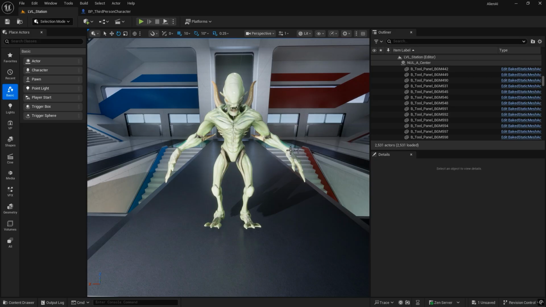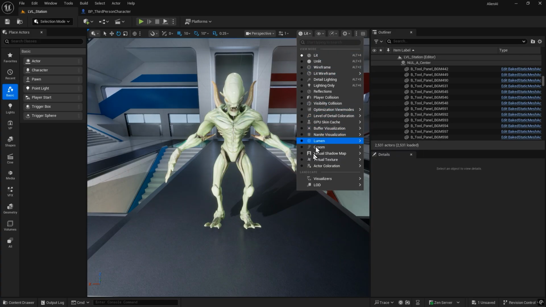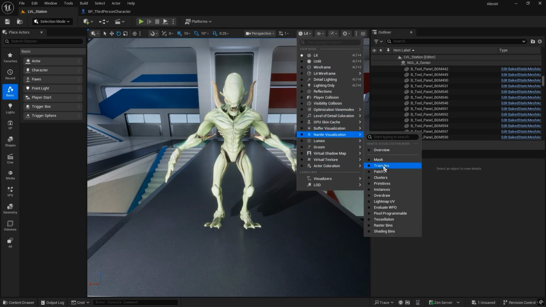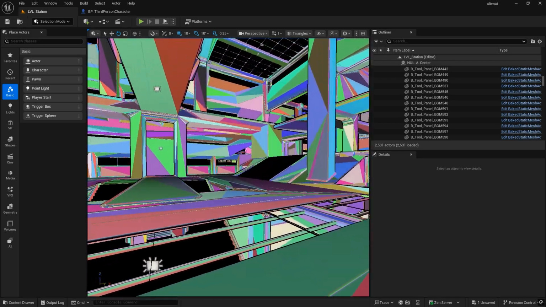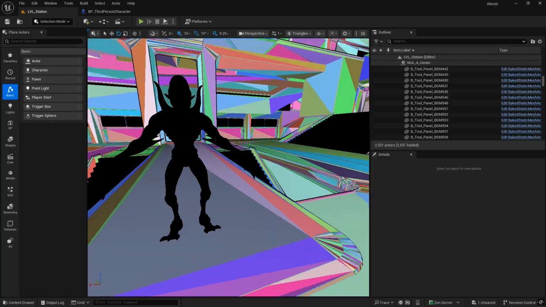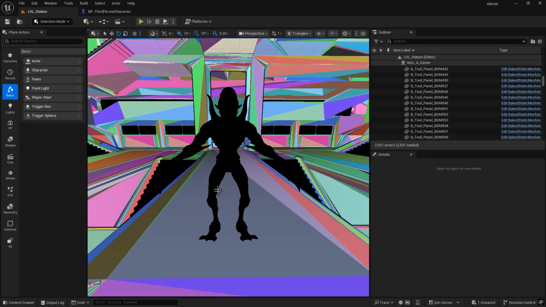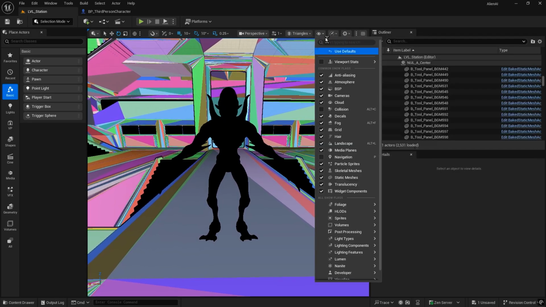But before we activate Nanite, we'll just show the visualization of Nanite. So we can go to the view mode setting, and then rather than lit, we will go down to Nanite visualization and select triangles. And you'll see that the environment is using Nanite throughout, except there's this black space where our character mesh is, because our character mesh is not using Nanite. Let's go back to lit mode,